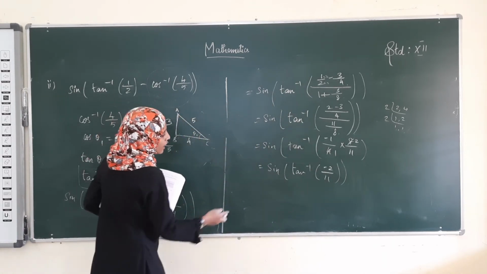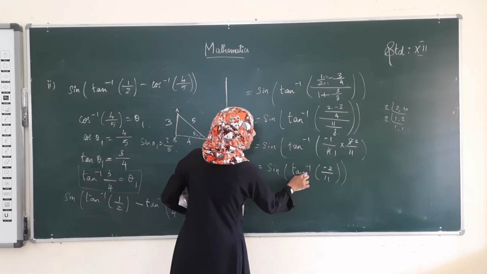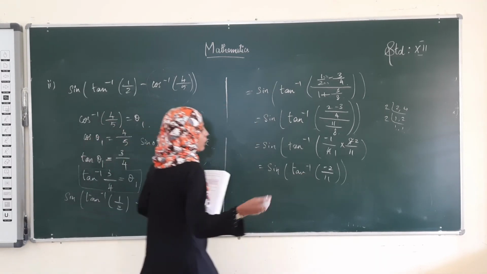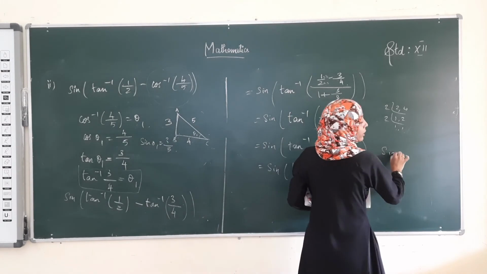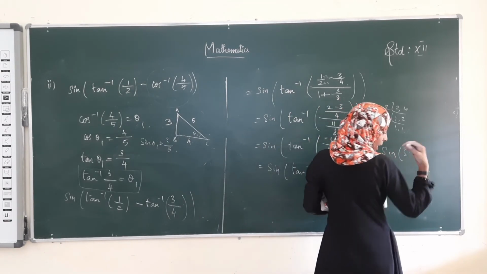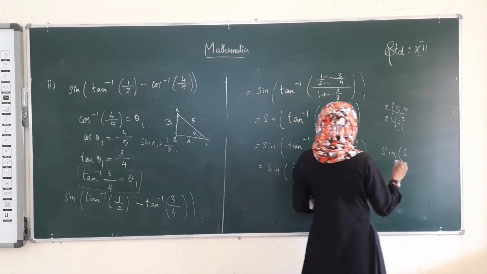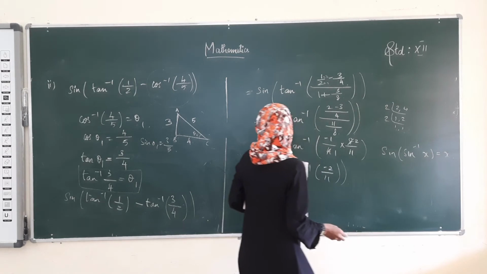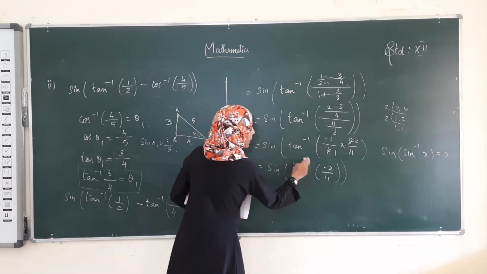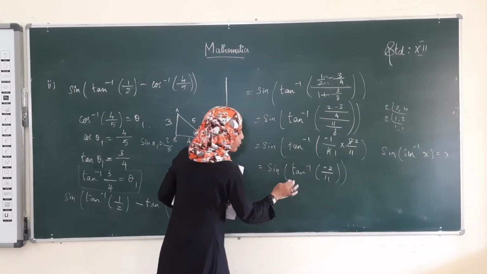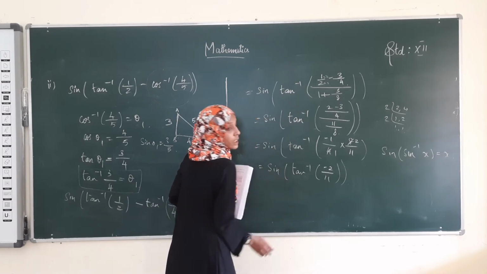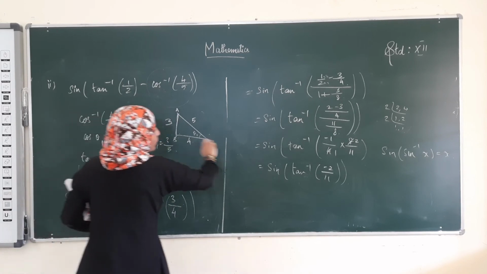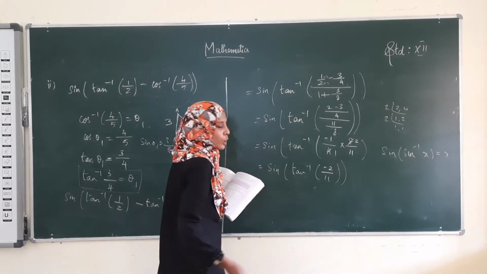Okay, see here it is sine and here it is tan inverse. Tan inverse of minus 2 divided by 11. We know the property, similar for sine, we also have for tan, similar for tan, we also have the property for sine. Sine of sine inverse of x is equal to x. See here in the outer we have sine, in the inner side we have tan inverse. Therefore, we are going to change this tan inverse as sine inverse. See here we have changed the cos inverse as tan inverse. Similarly, here we are going to change this tan inverse to sine inverse.